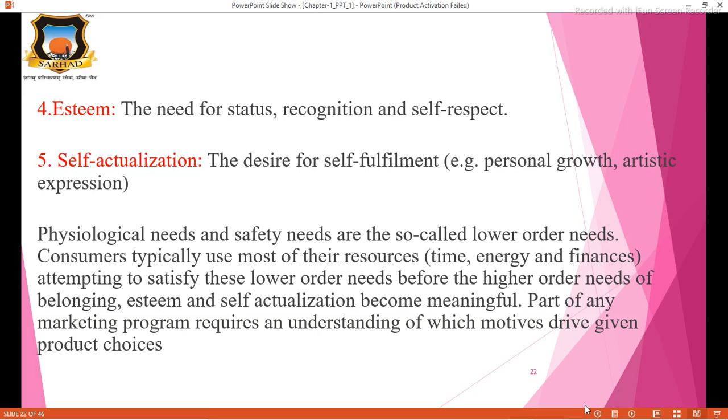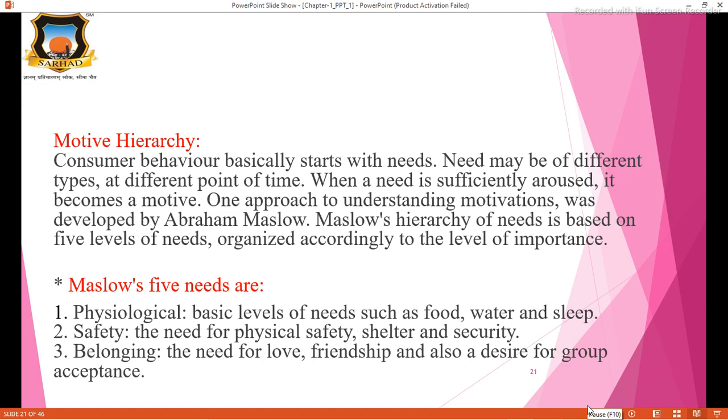Okay, so these are the five steps for the needs. The first is physiological needs. These are the basic needs. The second is safety needs, the safety related needs like shelter, security, safety. Then the belongingness. After fulfilling the safety needs, they are going to try to fulfill the need for love, friendship and the desired group acceptance. Then